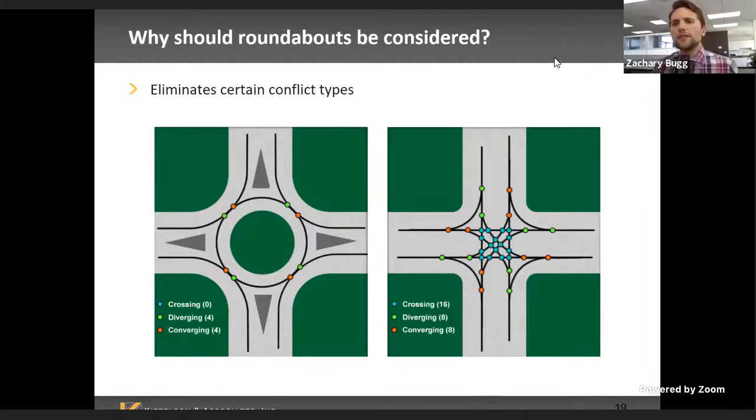So going into the safety, I'd argue that crash data and highway safety is one of the biggest benefits that roundabouts bring compared to conventional intersections. And it really boils down to something called conflicts. What you see here is called a conflict diagram. And what we've done is we plotted out all the different points where vehicle streams would cross or merge or diverge at a roundabout versus at a conventional four-way intersection.